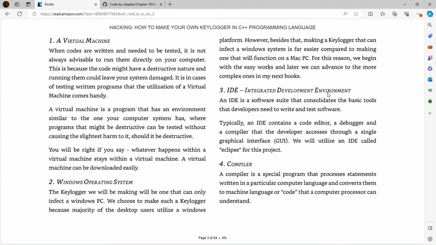IDE, Integrated Development Environment. An IDE is a software suite that consolidates the basic tools that developers need to write and test software. Typically, an IDE contains a code editor, a debugger, and a compiler that developers access through a single graphical user interface, or GUI. We will utilize an IDE called Eclipse for the project, and I've had Eclipse downloaded on my